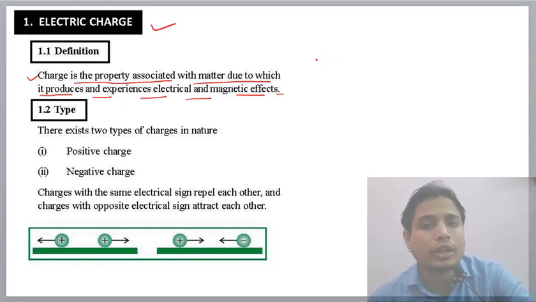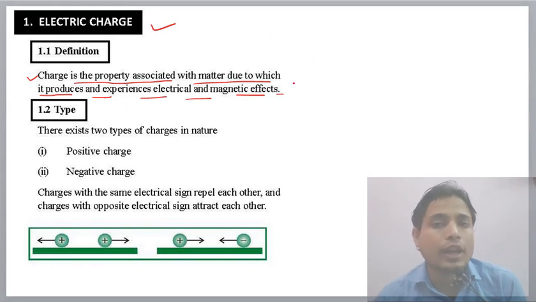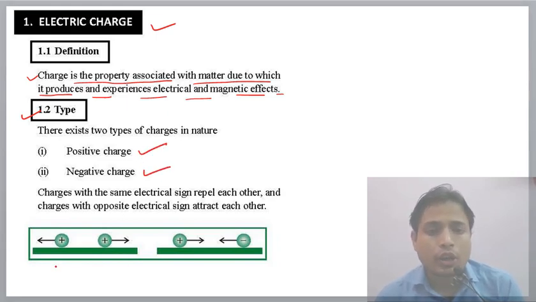You know one example: the solenoid. In the solenoid, when current passes through it, it behaves like a magnet. So a charge can produce an electric field and a magnetic field also. Now the types of charge: one type is positive charge and the other is negative charge. You know this property very well. Like charges, meaning positive and positive, repel each other, and positive and negative attract each other. Unlike charges attract each other.